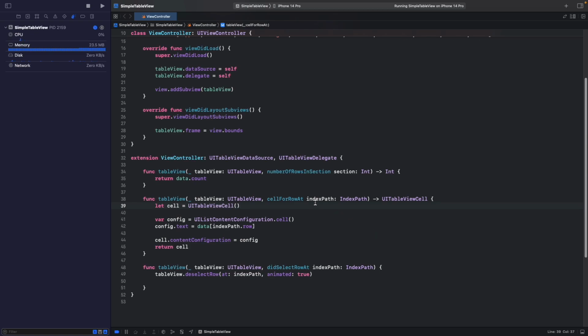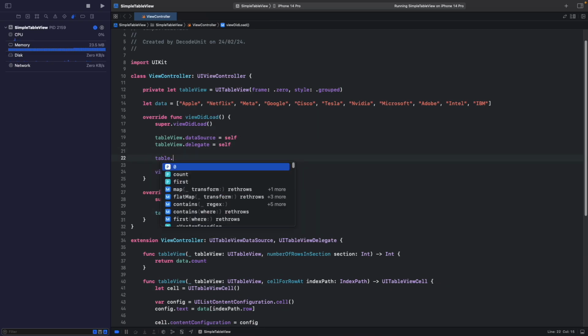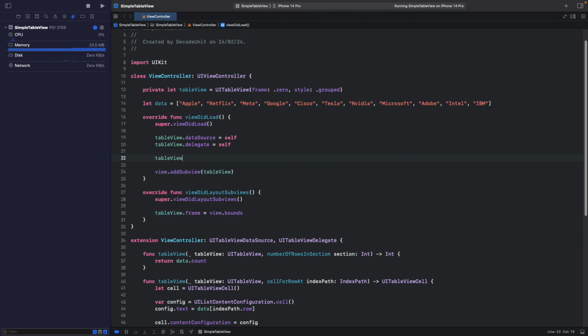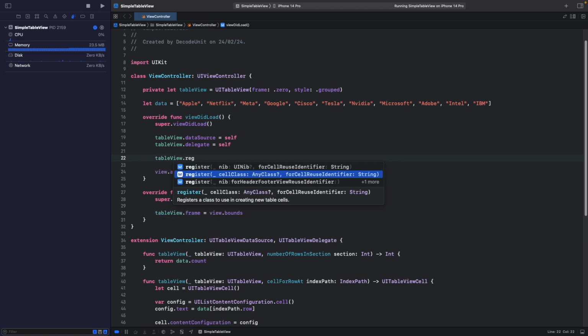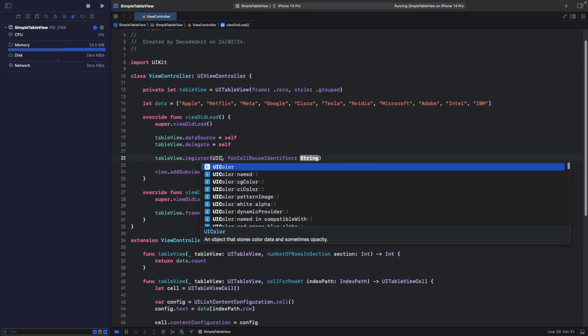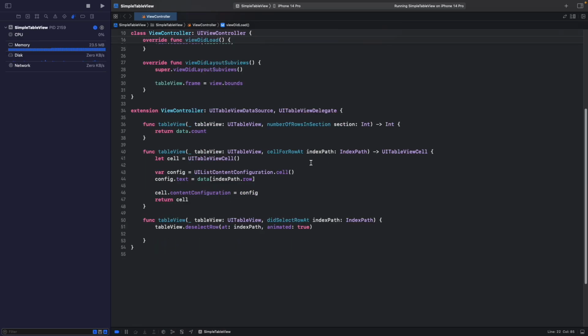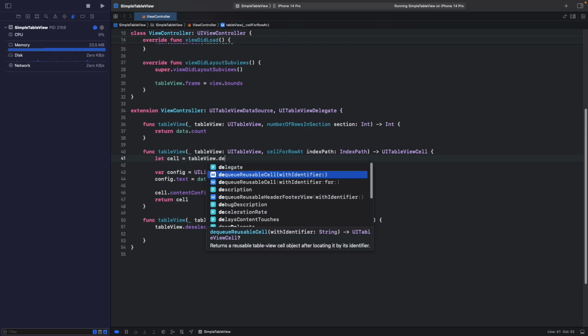And we can do so by registering the table view with that cell. We can do this by tableView. There is a register method with a cell class, and our cell class is UITableViewCell. We have to give a reuse identifier. Let's give it a unique cell, and whenever we are returning the cell, instead of creating a new one, we will call a method on the table view of dequeueReusableCell